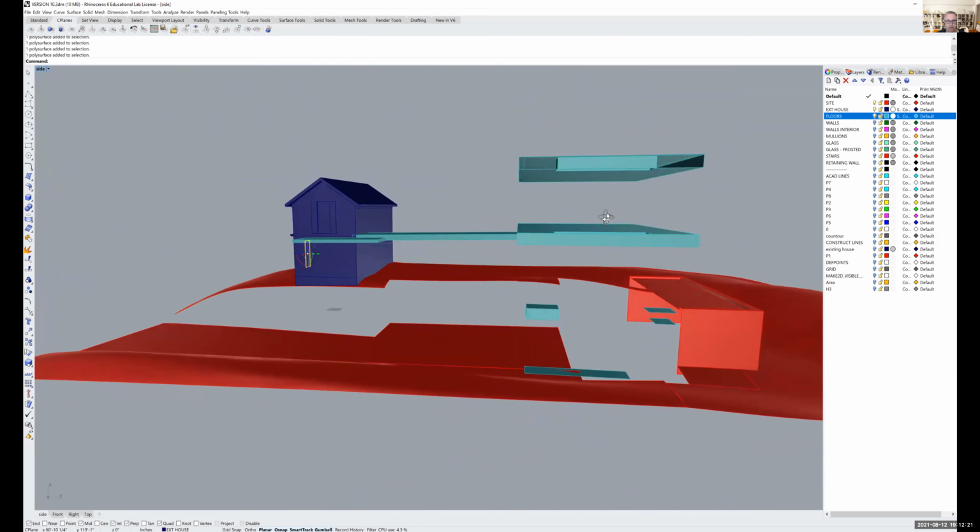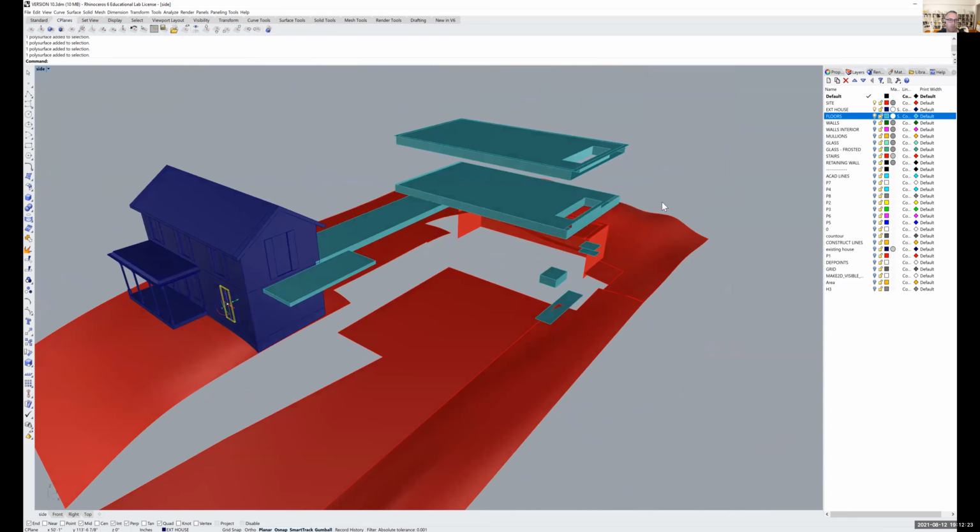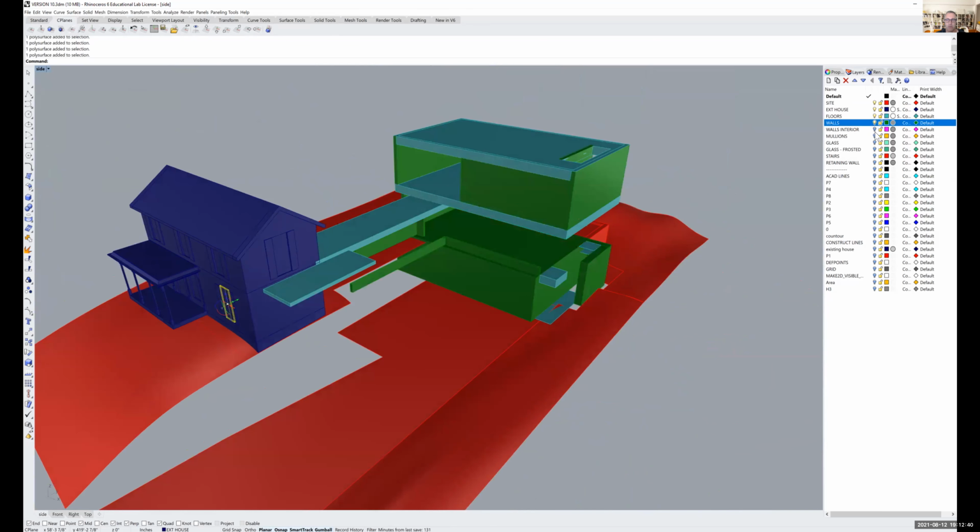So in this case, floors, and probably at an early stage, what we would do with layers is probably treat them more like materials. So I could easily turn on all the floors. I could set a material for the floor. And if I were to start to render something, we'd have that, walls, interior walls,